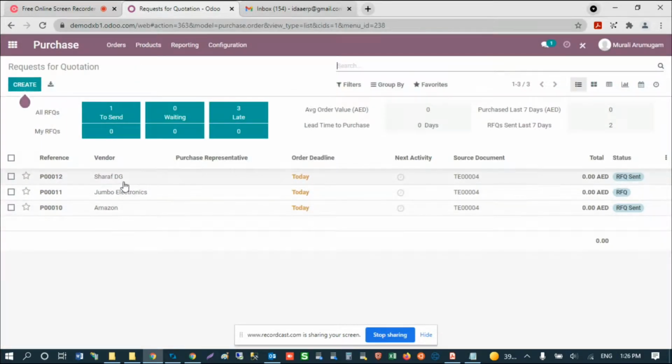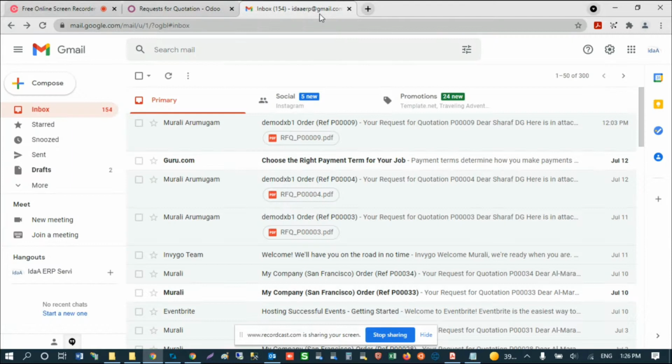So you can see that Odoo has created these requisitions, and now once the vendors reply back, you could then choose the right quote for your company. I'll just show you an example of how the vendors would receive this request for quote.